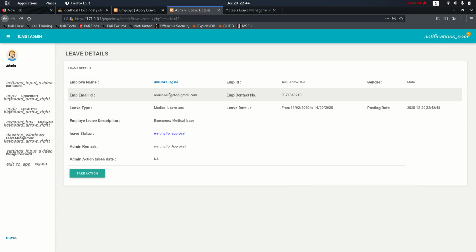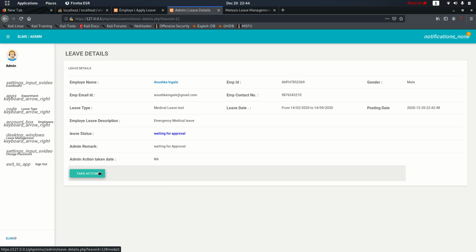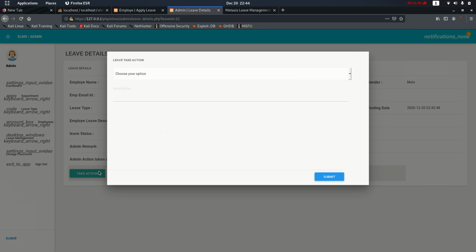In these details, there is a detailed page of the employee with the employee ID, contact number, from what date to which date he has applied for the leave, and all other important aspects of the employee. Here the admin can take an action for the leave that has been applied from the employee end.